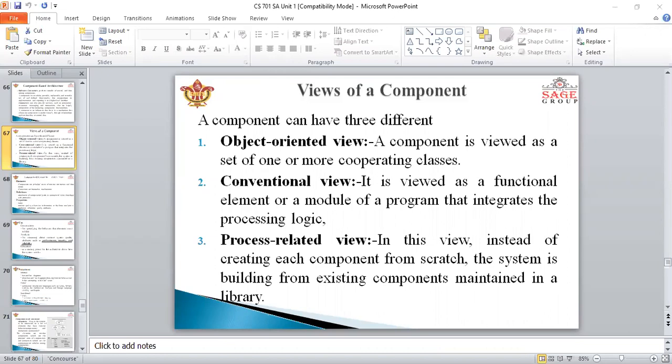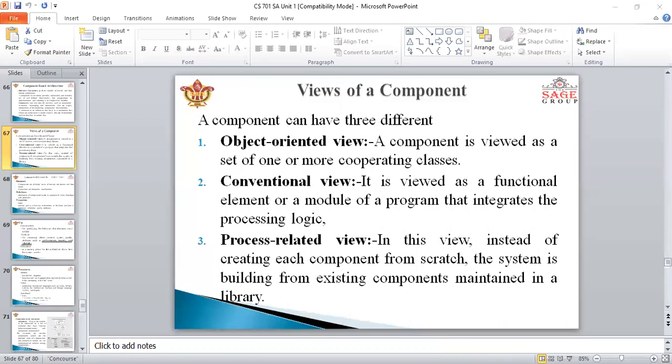In the process related view, instead of creating a component from scratch, the system is built from existing components maintained in a library. As the software architecture is formed, components are selected from the library and used, right? So these are the three views.